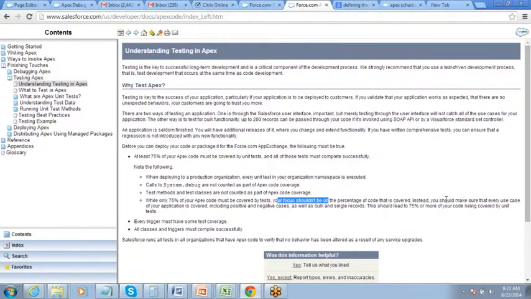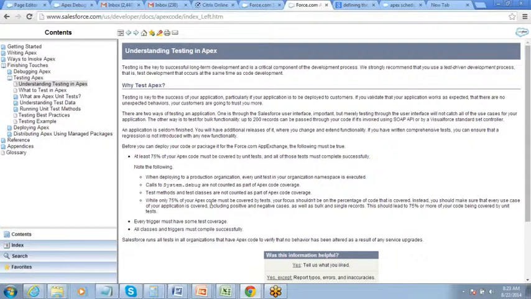Instead, you should make sure every use case of your application is covered. Okay. So yeah, this is something that they say, but usually you as a developer will get into a habit where you just try to reach 75% somehow and then deploy the code. But it's a good practice to try and test everything.